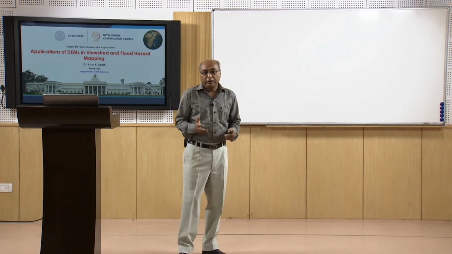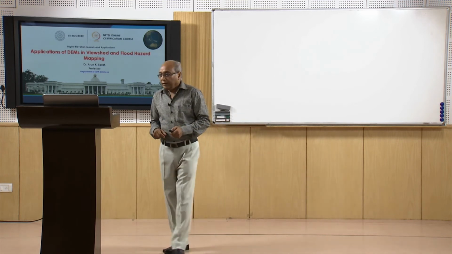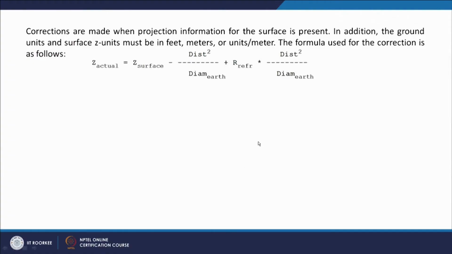That means both units, horizontal and vertical units, should be the same. The formula used for this correction is something like this: Z actual, that is the height, equals Z surface, which will come from the digital elevation model, minus distance squared over the diameter of the earth, plus the refraction factor multiplying distance squared divided by the diameter of the earth. So, with this